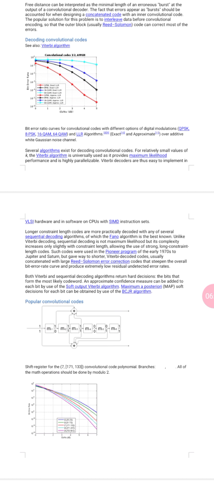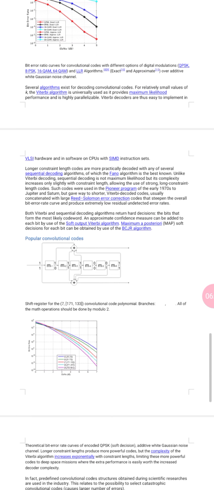Several algorithms exist for decoding convolutional codes for relatively small values of k. The Viterbi algorithm is universally used as it provides maximum likelihood performance and is highly parallelizable. Viterbi decoders are thus easy to implement in VLSI hardware and in software on CPUs with SIMD instruction set.